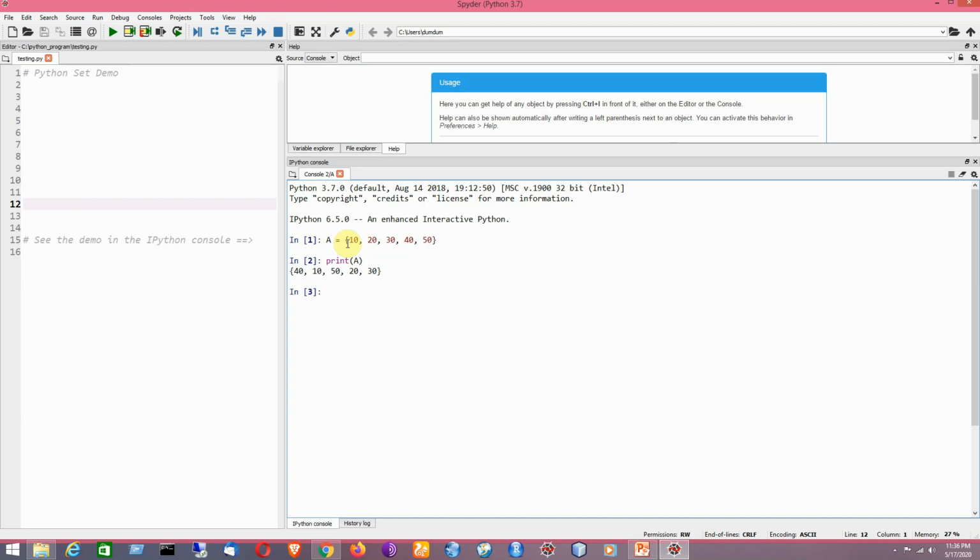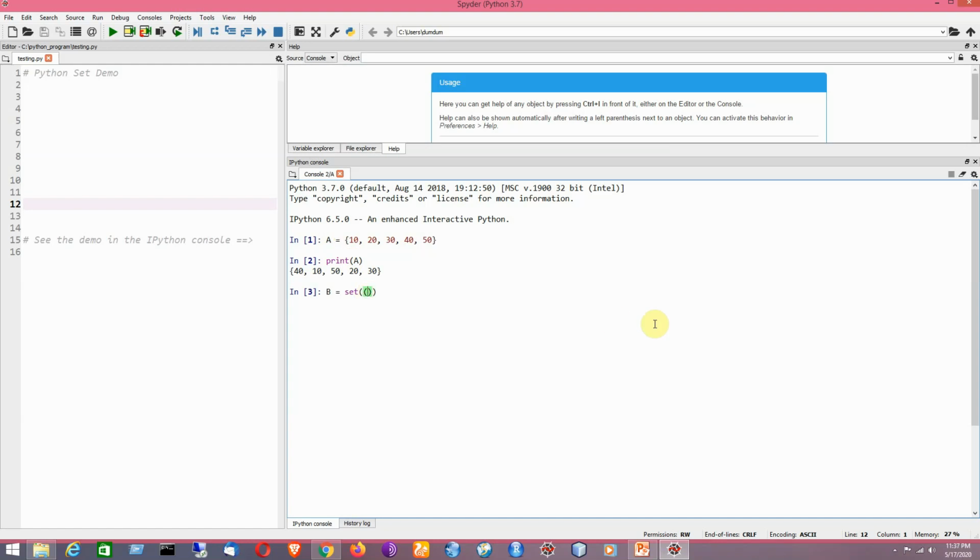Now I am going to create another set by using the set constructor, with double round brackets. It is another way to create a set. So now I will be using double round brackets, and I have got the set constructor.